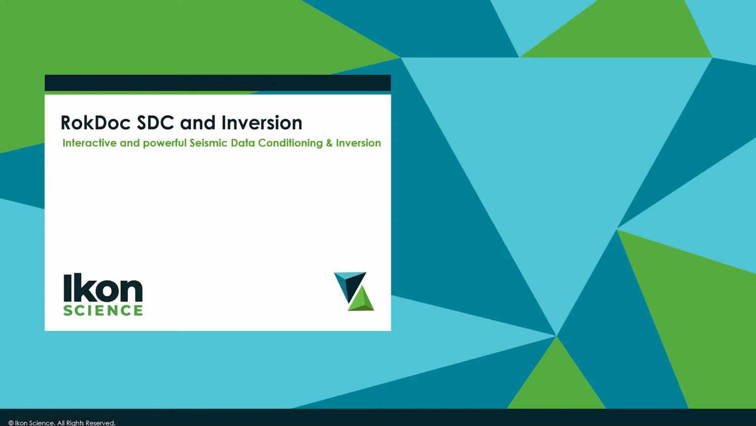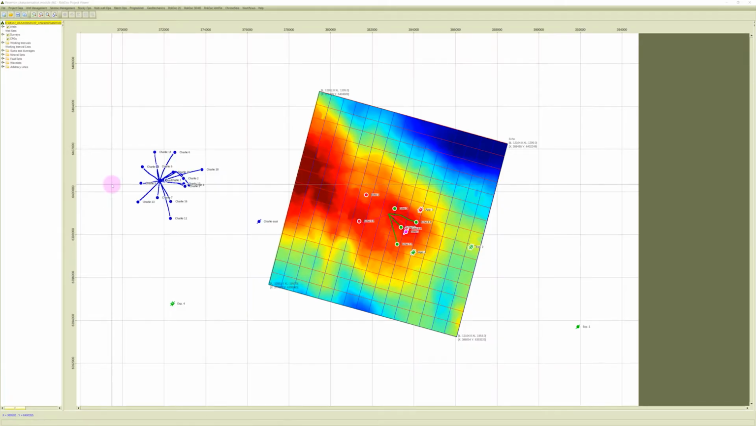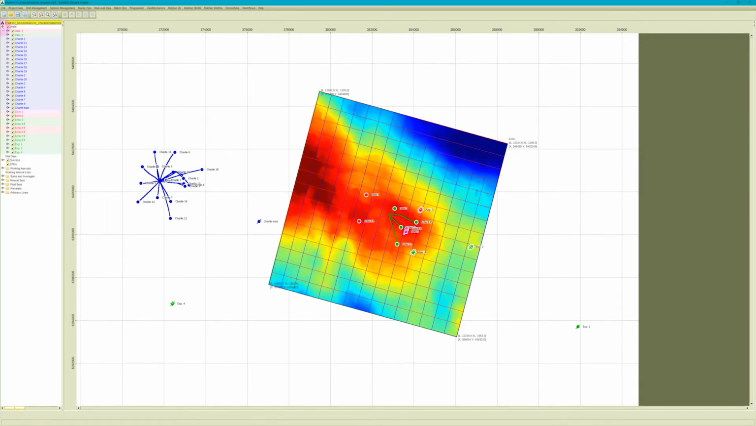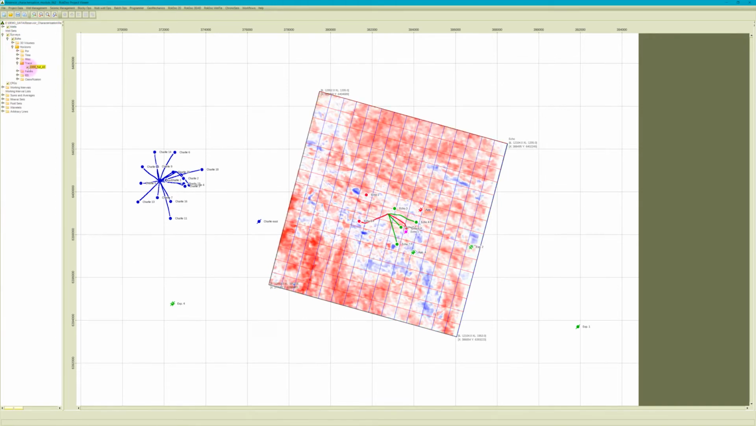Today we'll be taking a look at the Reservoir Characterization module with particular focus on the Seismic Data Conditioning, or SDC, and Seismic Inversion tools provided as an add-on to this module. In this case study we're looking at data from a discovered oil field, with the aim being to refine our understanding of reservoir architecture and the petrophysical properties between the wells using seismic amplitudes, with the ultimate aim of optimizing